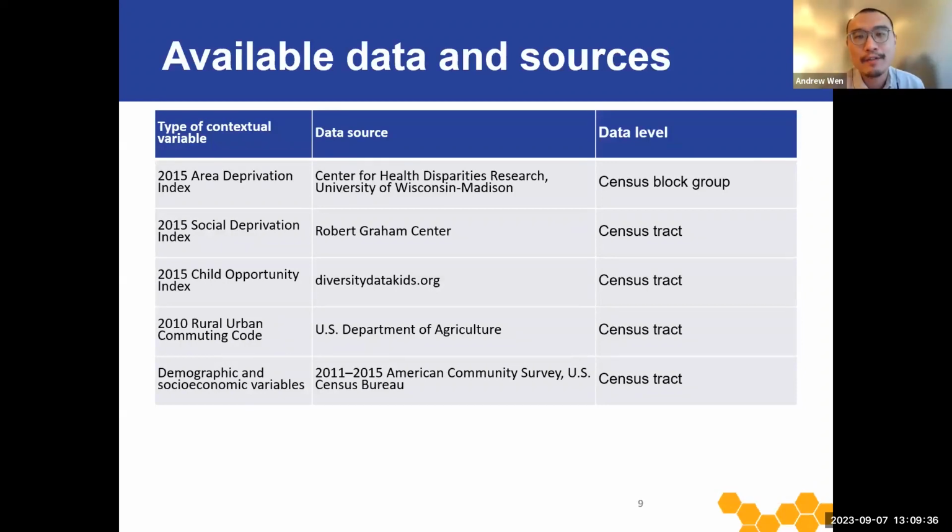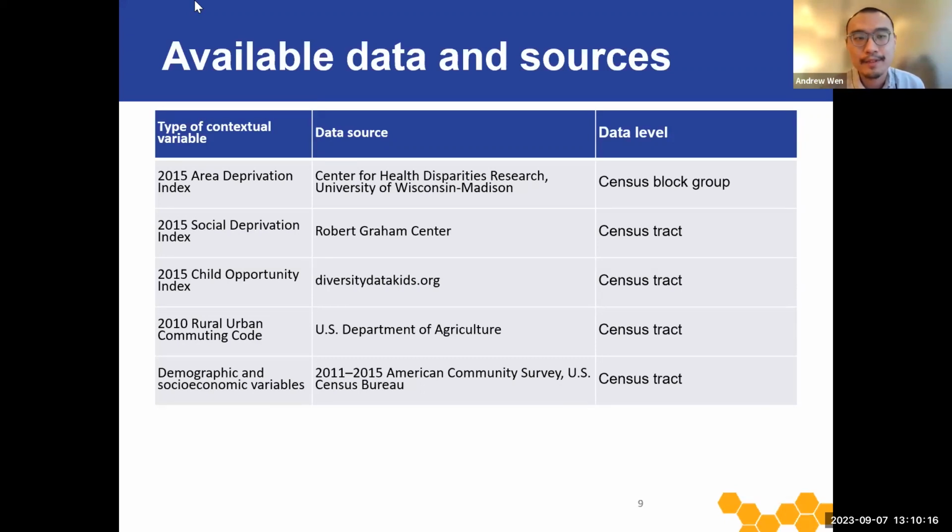Here, you can see an overview of the available data and sources in the FACES 2014 contextual variables data file. The first 3 are the index variables, and they include the 2015 Area Deprivation Index, the 2015 Social Deprivation Index, and the 2015 Child Opportunity Index. These index variables were constructed from a variety of indicators measured for small geographic areas. For example, the 2015 Area Deprivation Index was constructed by the Center for Health Disparities Research from 17 indicators included in the 2011 to 2015 American Community Survey 5-year sample, and it measures socioeconomic disadvantage on a scale from 1